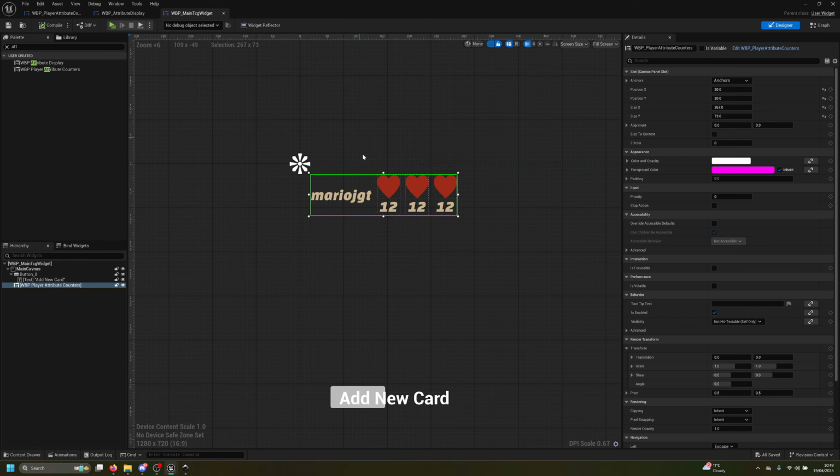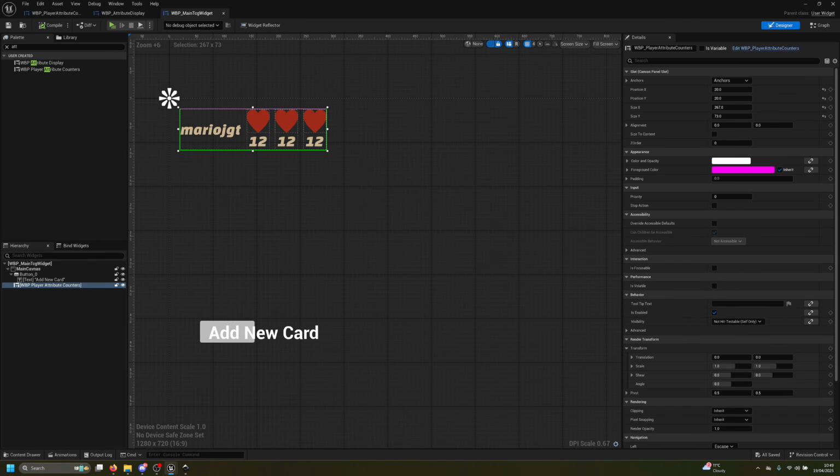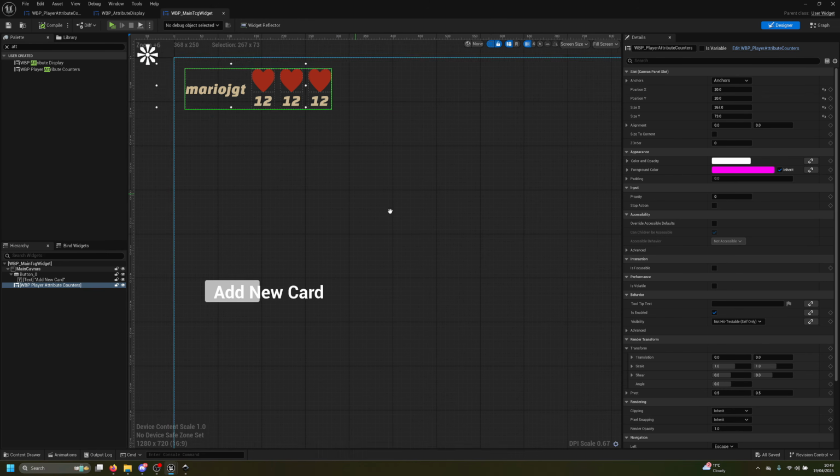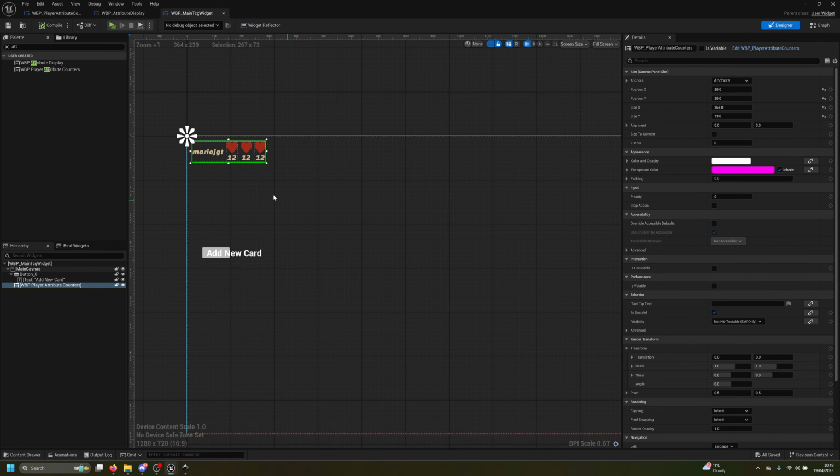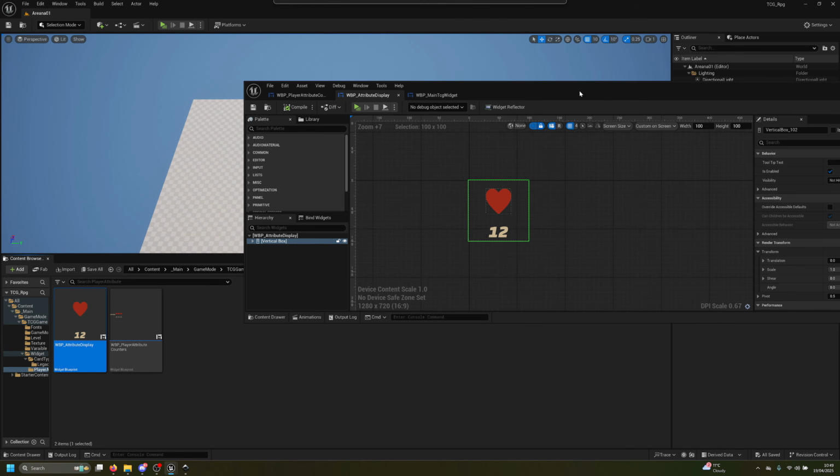I think that counter looks good here. So we're gonna have the player name, of course, and we're gonna have health and mana and all those. And I'm pretty happy with how this is set up. Now the next thing I would like to do is go back to the attribute display, and I'm gonna duplicate this, and I'm gonna call this WBP